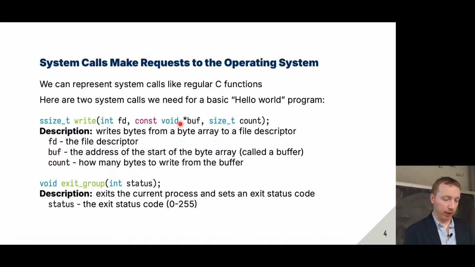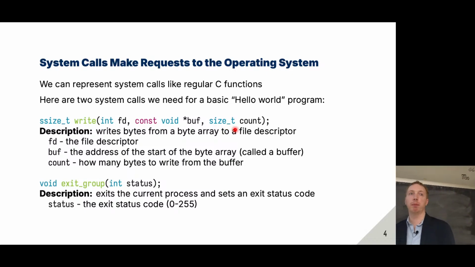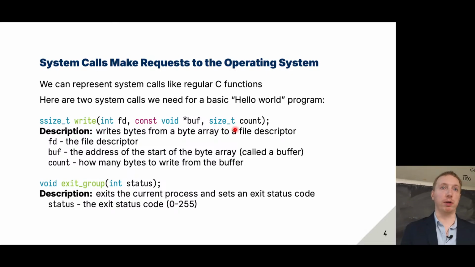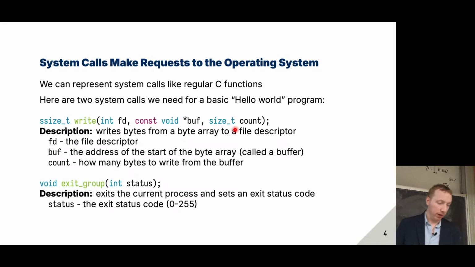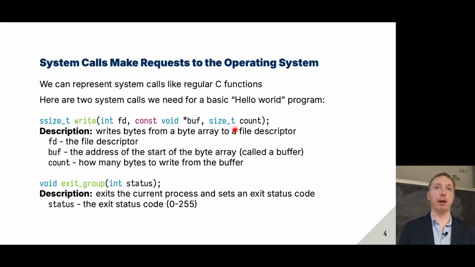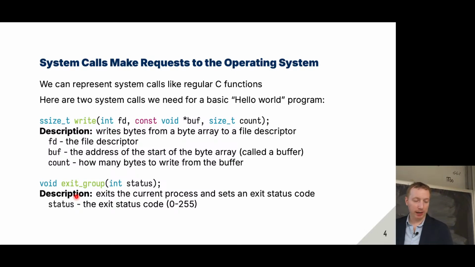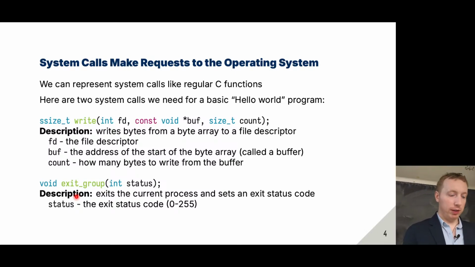And then the third argument is the count, or the number of bytes to write out starting at that address. So 3 arguments: file descriptor, an address to start at, and then the number of bytes to write out from that address. The next system call we need is something called an exit group system call, and it takes